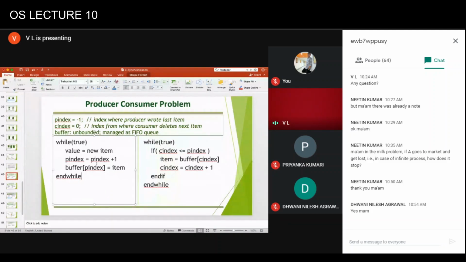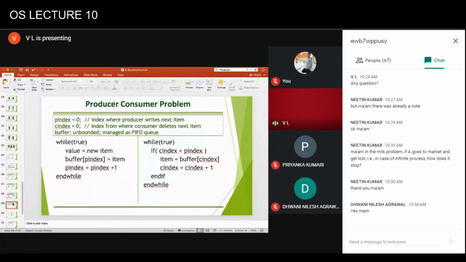At this line of the producer, P index will become 0, and before it could write that into the buffer, a context switch takes place. So when the consumer runs, it finds that P index equal to 0. It will assume that the item has been written, so it will try to read whatever is there in the buffer. Whatever is in the buffer is not the correct item, but still it will end up reading an invalid item. Okay, this is how the problem could occur.